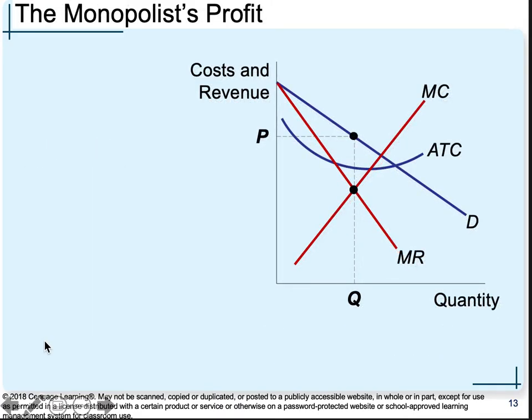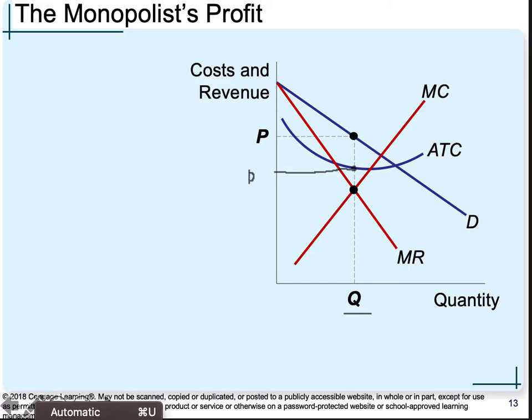Now, if I throw in our average total cost curve, now we want to find out the cost of producing this many units. And to do that, it's where our quantity, or this dashed line, intersects our average total cost curve. This is going to show us basically what our total cost is. So whatever this price is, this is going to correspond to our total cost.